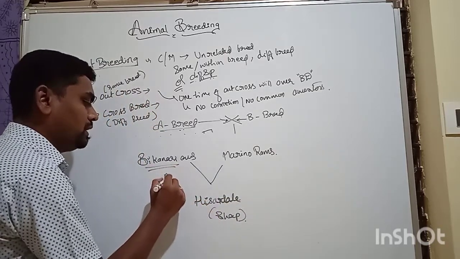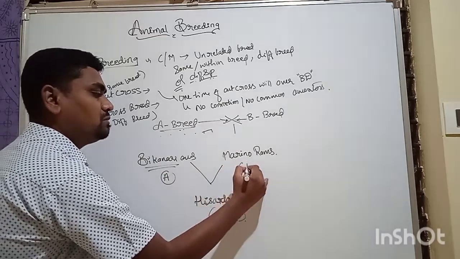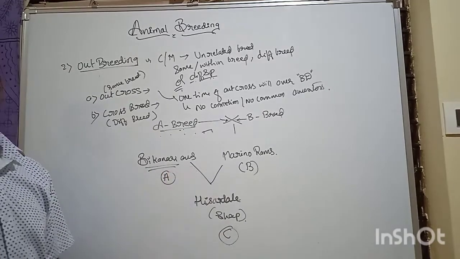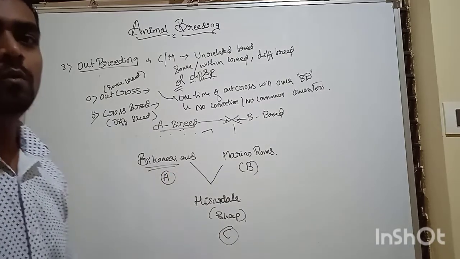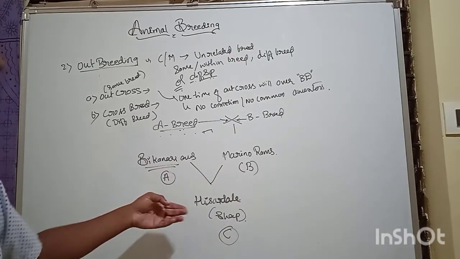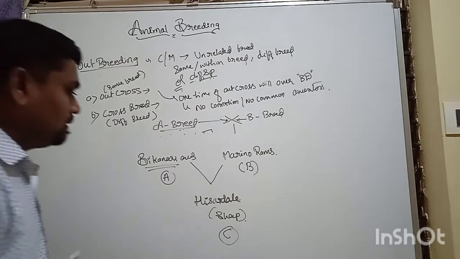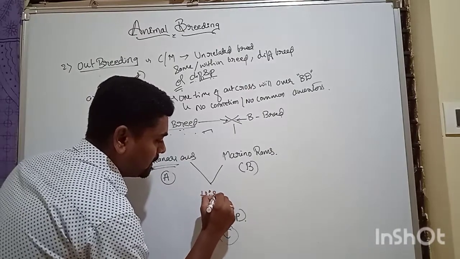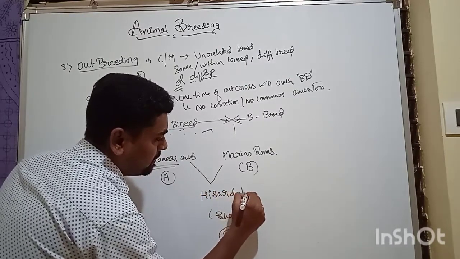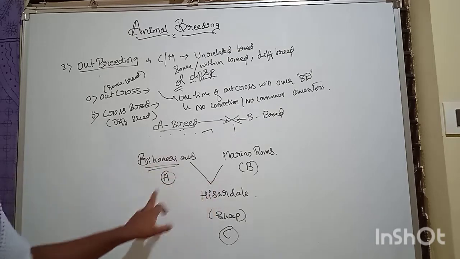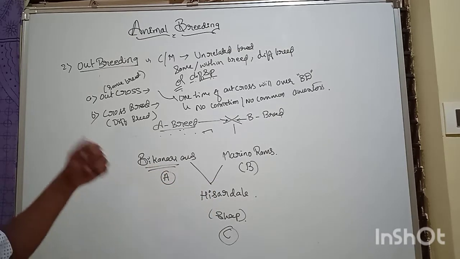Ewe is a different breed, A. Assume Merino rams is breed B. The output is C. What is it? The output is from crossing of the two breeds, Bikaneri ewes and Merino rams. I think the spelling is confusing, so I'll write it. This is the sheep. This is the crossbreeding of different breeds. Next we will study